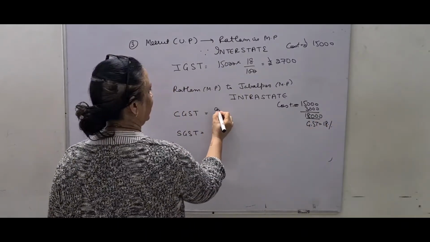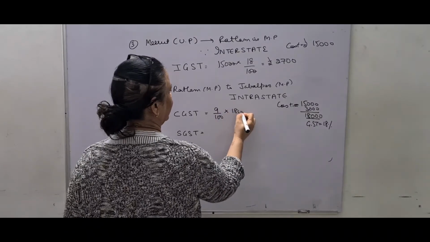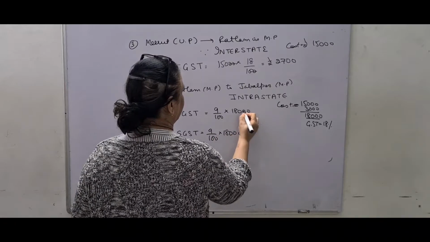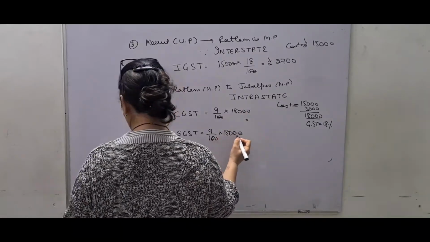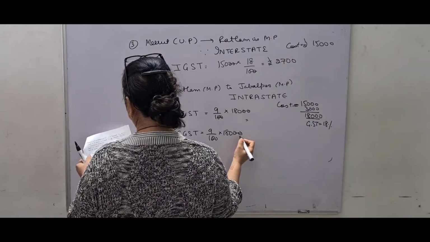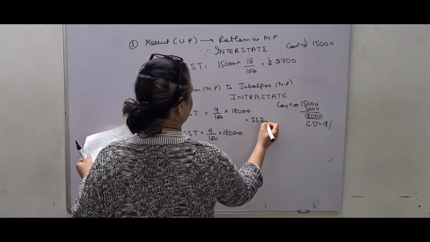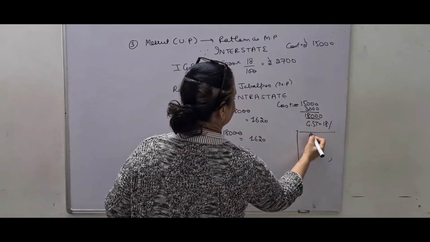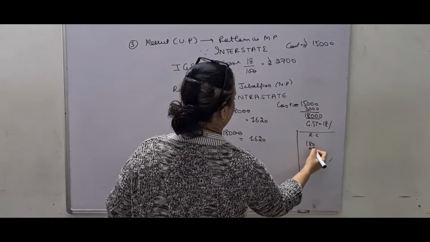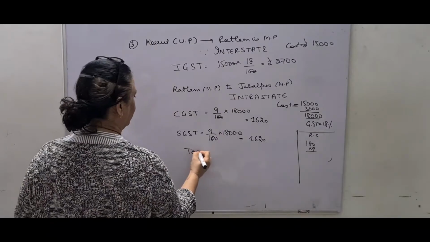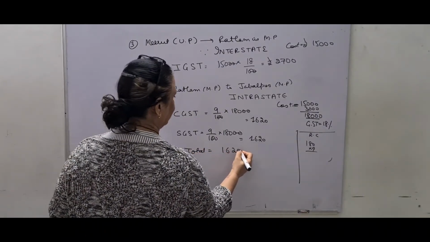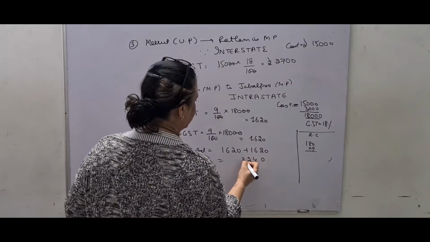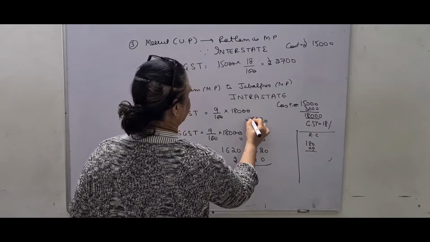Since it is CGST, you will take 9% of 18,000. Though the value will remain same, you have to show both the steps. So after calculating it, this will be 1620. You have to calculate in the rough columns. You multiply 180 into 9 and you will get your answer. So total will be 1620 plus 1620, which is 3240. Please don't forget the units as it matters.